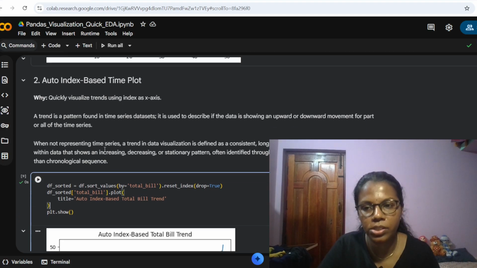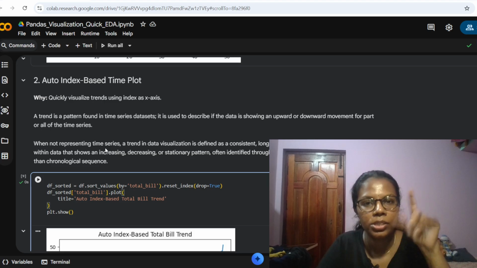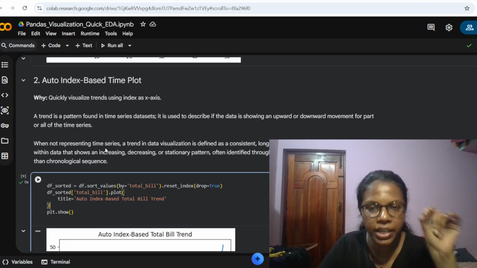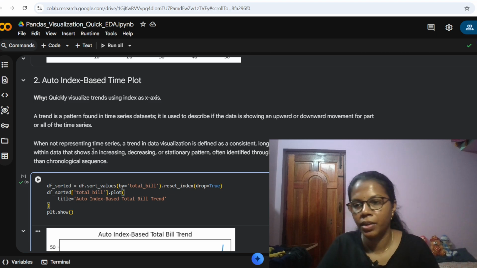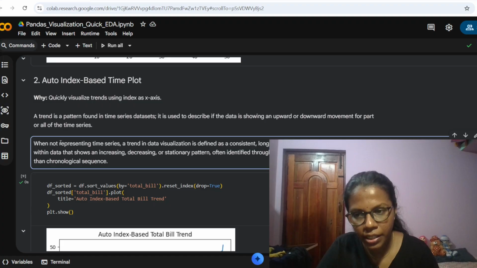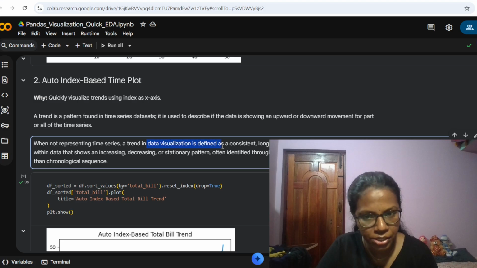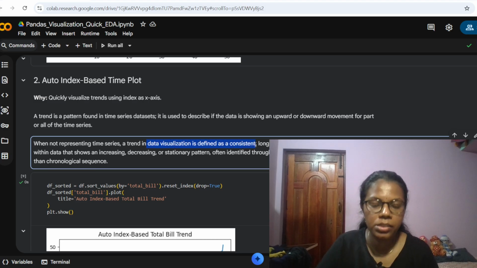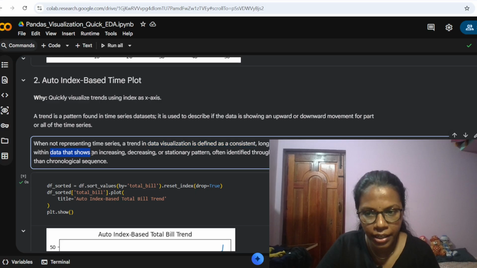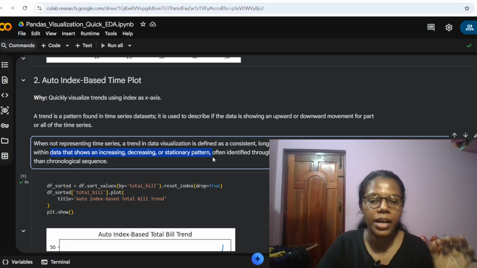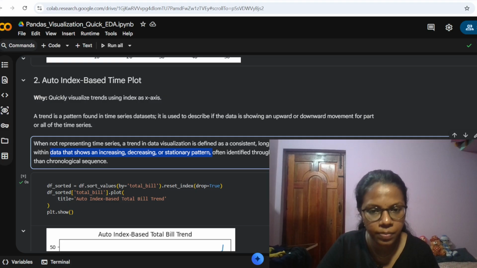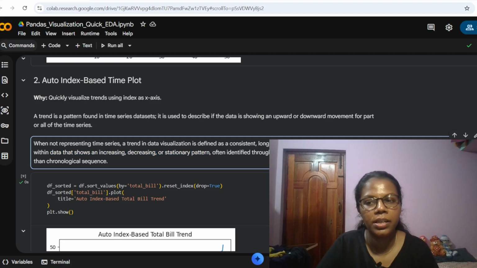Let's try to understand what is trend. We are decoding it now. So if you are still confused about the word trend in data, listen carefully. When not representing time series, a trend in data visualization is defined as a consistent long-term movement, relationship, or structure within data that shows an increasing, decreasing, or stationary pattern, often identified through regression, distribution analysis, rather than